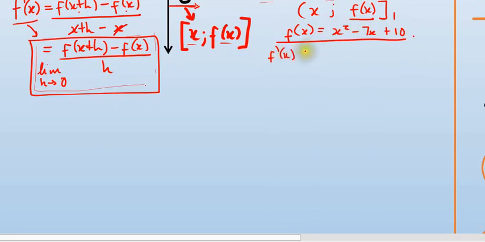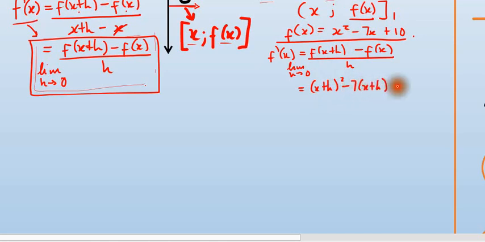It will be equal to f of x plus h minus f of x divided by h, whereas the limit is that h is approaching 0. I'm going to put it in wherever there is x. I'm going to put x plus h squared minus 7 times x plus h plus 10,